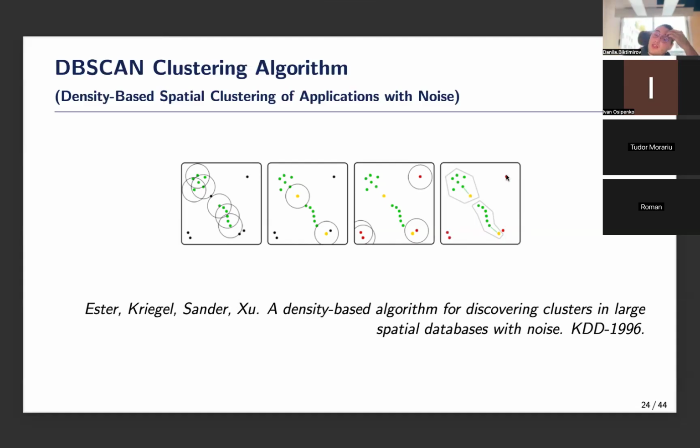Here we can make some analogy, for example, the forest. One of the best ways to visualize this algorithm is to imagine a forest. A dense forest represents a cluster. A single tree represents a data point. If you're inside a forest, you look around and you see many trees in your neighborhood. That means you are in the core object. As you walk through the forest, you continue expanding the cluster, moving from one dense area to another.